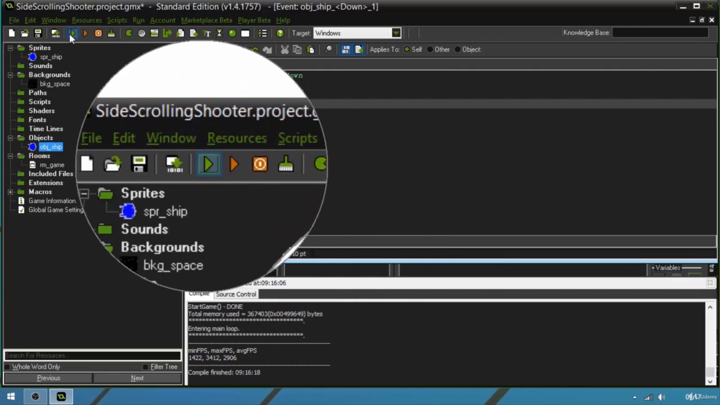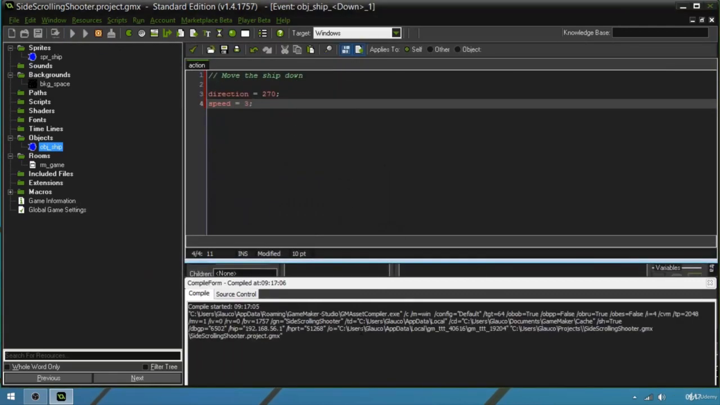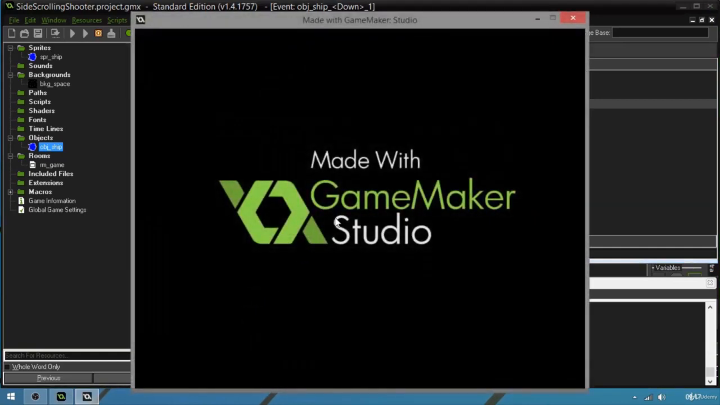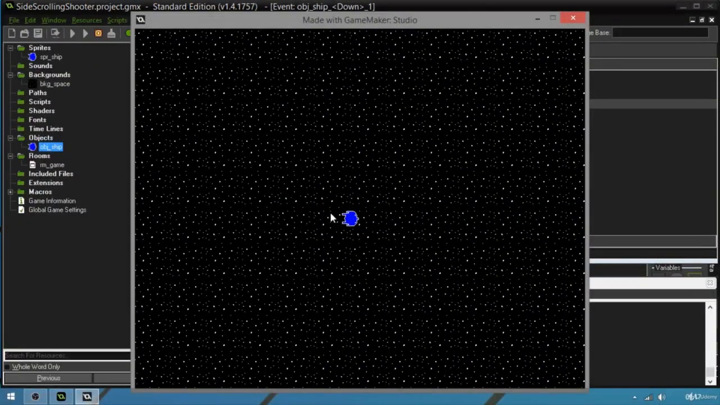Okay, now if we press run the game, we wait for it to compile, and after our game runs, we should be able to move vertically to whatever position we want. So it looks like this. All right,